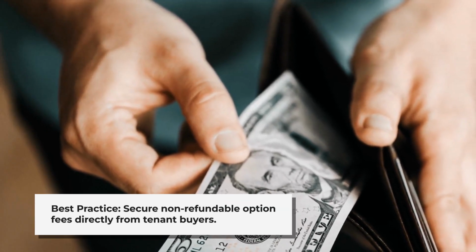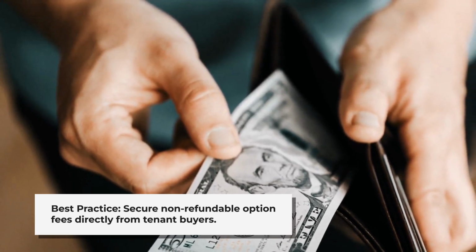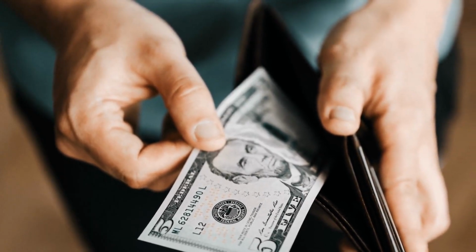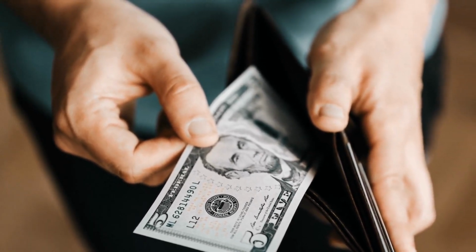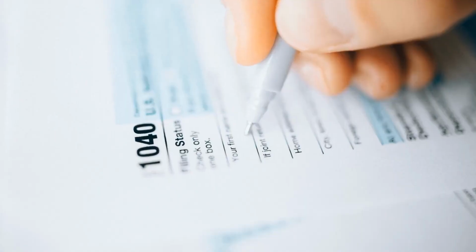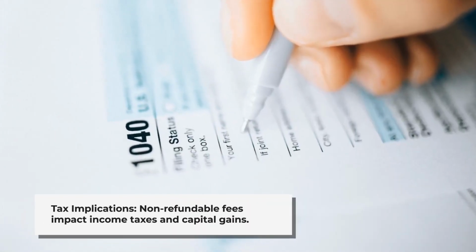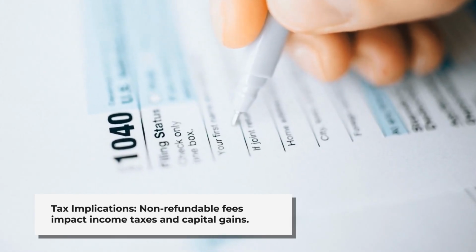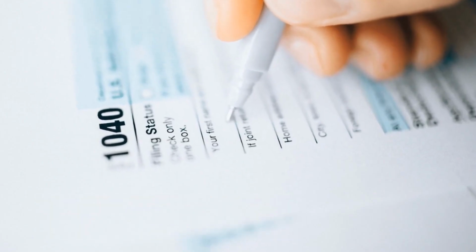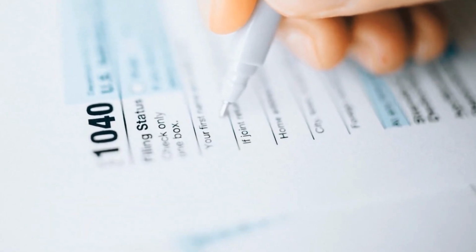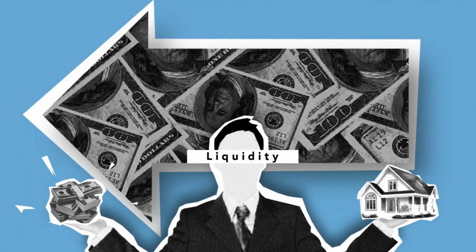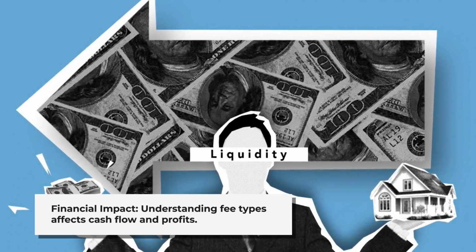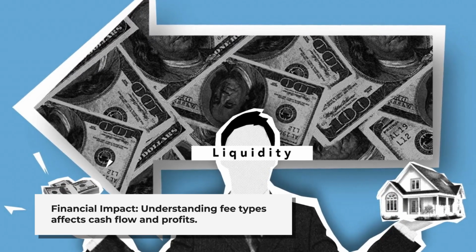So normally, under the ALP system, this is simply considered as an option fee where the tenant buyer pays you the option fee directly under the contract, and this is an option fee which is non-refundable. It's very important to mention that this is non-refundable because it will have tax implications on your income taxes. If it's a non-refundable deposit, then the transaction will be considered as capital gains. If it's a refundable deposit, then it will be considered as a normal agreement of purchase and sale. So it's very, very important for you to